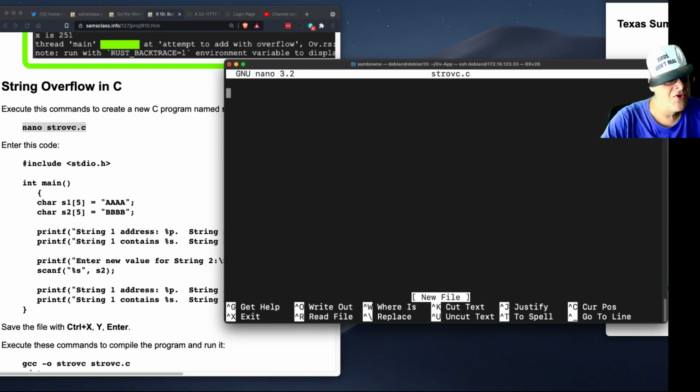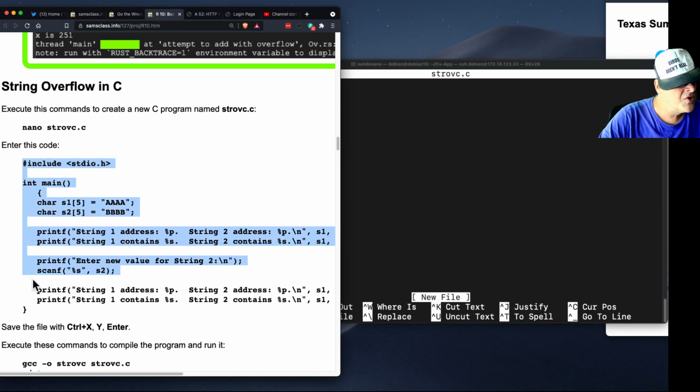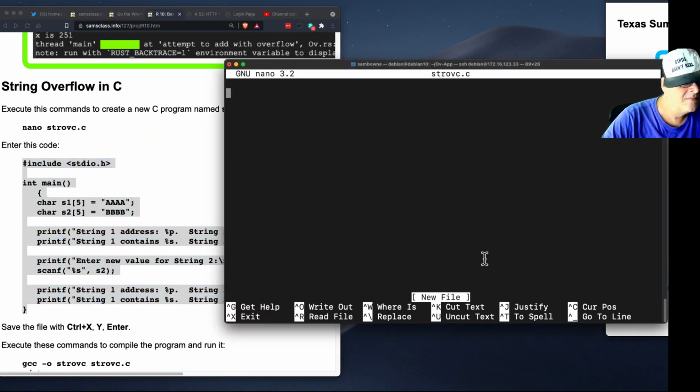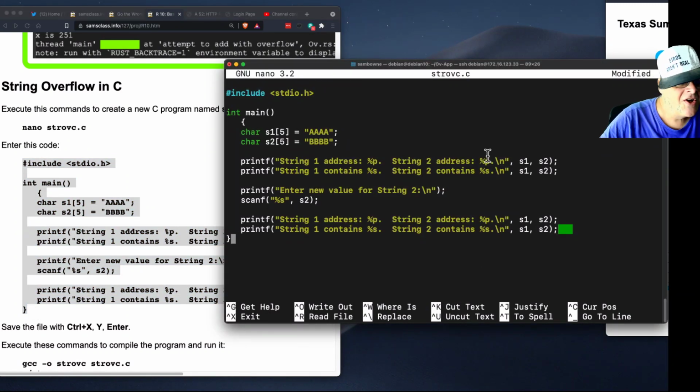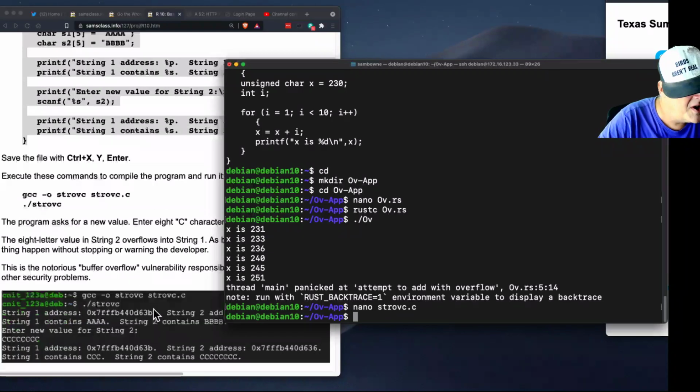So let's do a string overflow in C. So I'm going to store 2 strings. All right. So I'm going to just store a string. This has 4 A's and this one has 4 B's, and both of them only have enough storage for 5 characters. So I'm just going to print where they store, read in a new value for one of them, and then print what they are again. This is in C. And so if I run this one,